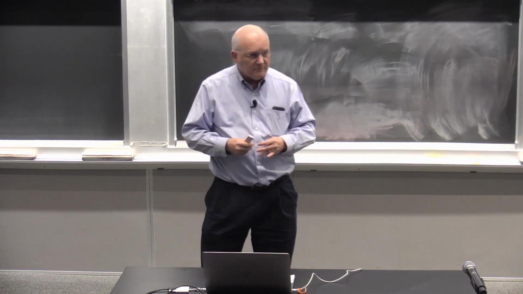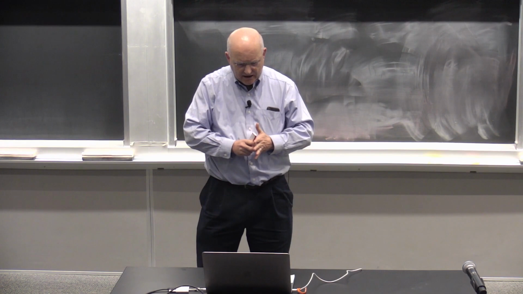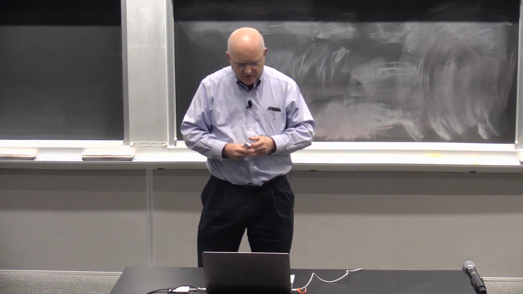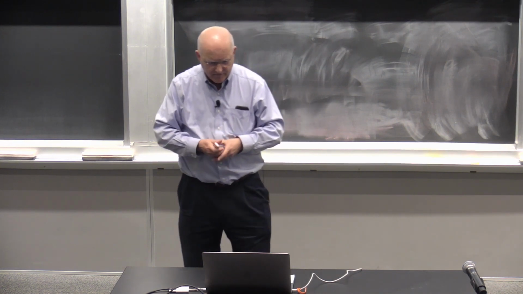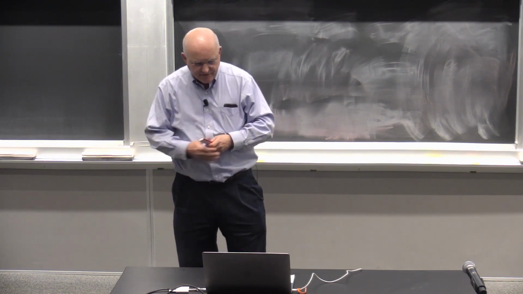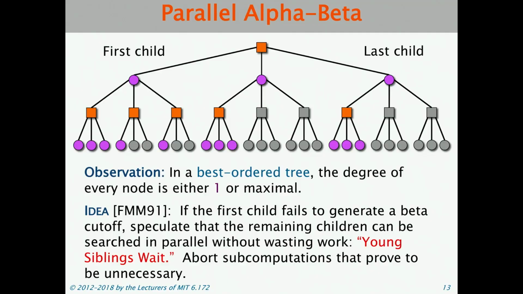So the solution comes from an idea from a very nice paper by Burkhard Monien and some of his students in Germany. They made the observation that in a best ordered tree, the degree of every node is either 1 or maximal. This is not their observation. This is actually the observation in the Knuth paper, okay? So when you have a best ordered tree, if you can get all the moves ordered in their true order, okay, then it turns out that either you're